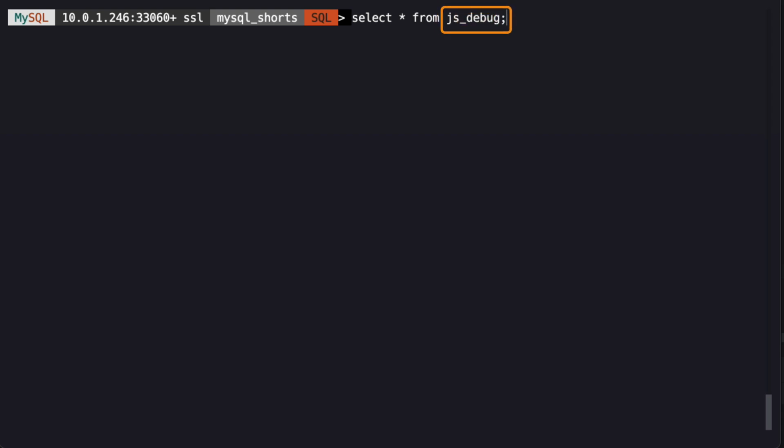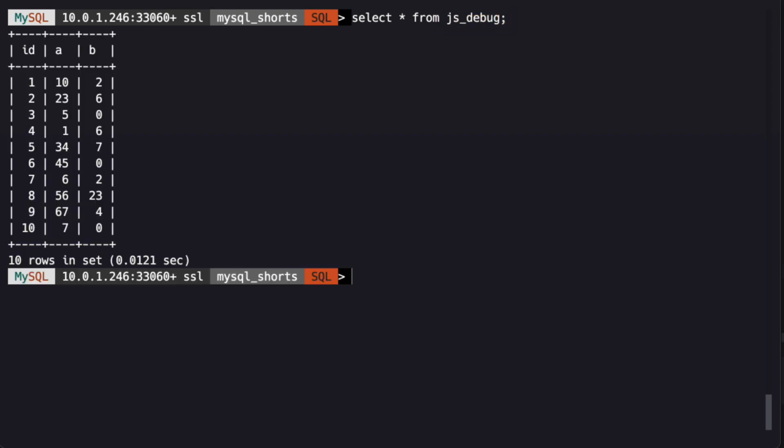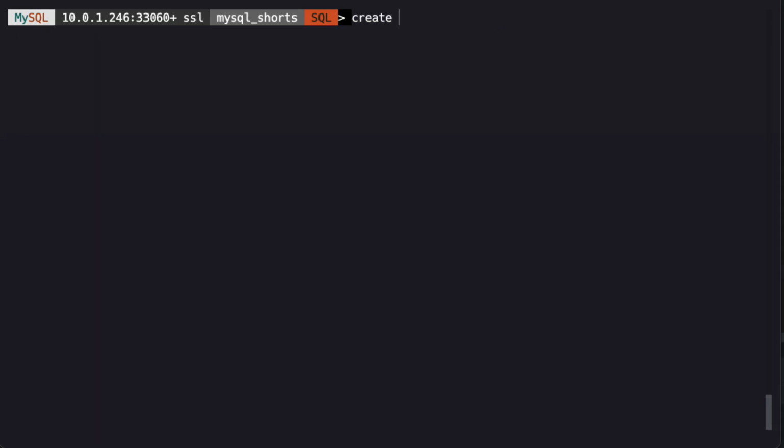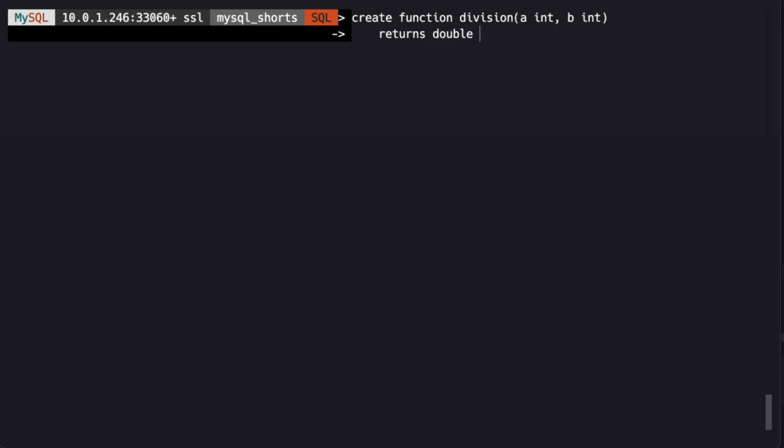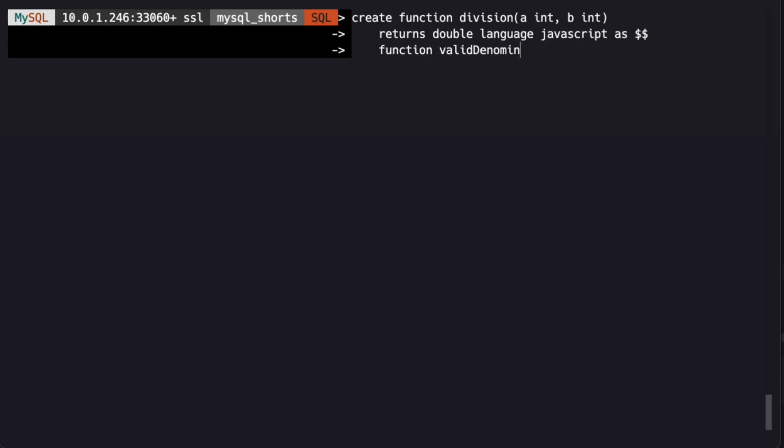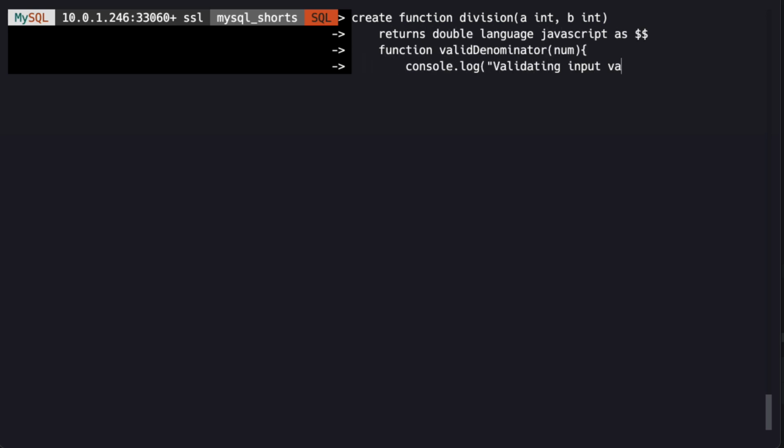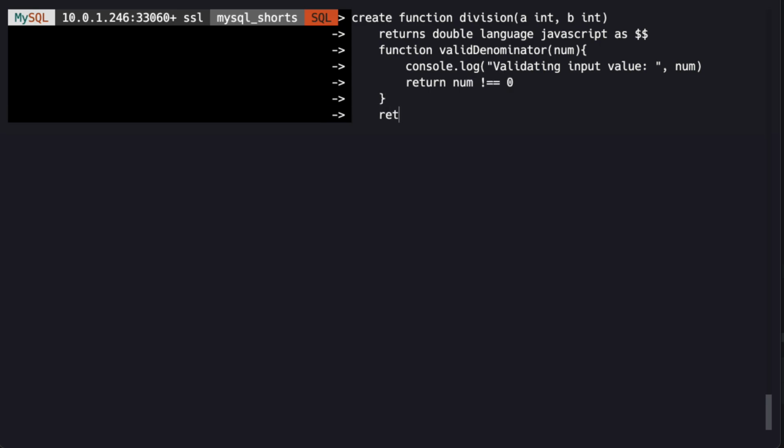In a table named JSDebug, we have three columns: ID, A, and B. A and B both contain integer values. We are going to create a stored function using JavaScript that divides two numbers. But we're going to add some validation to make sure we don't get an error if we try to divide